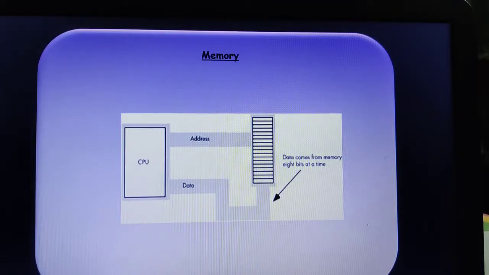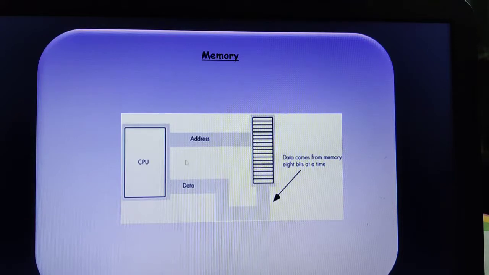Then moving on to the control bus. The control bus is used by the processor to send signals to the different parts of the computer in order to keep the different components coordinated. Whenever there is a data transfer, the CPU will not automatically communicate with the RAM. The CPU sends signals through the control bus, so that the RAM will get to know that right now the CPU wants to communicate with us.